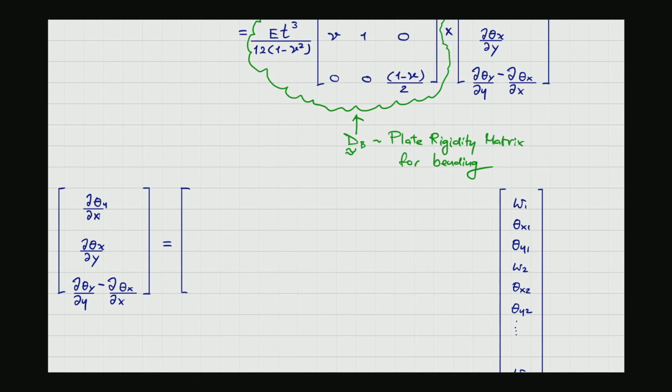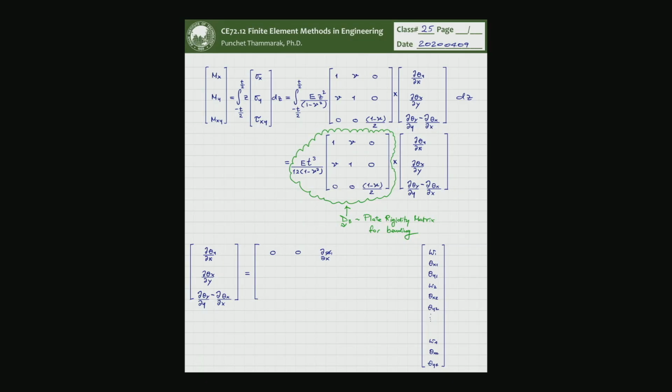So you start from 0 and 0 and partial derivative of N1 with respect to x. The next one is minus partial derivative of theta x